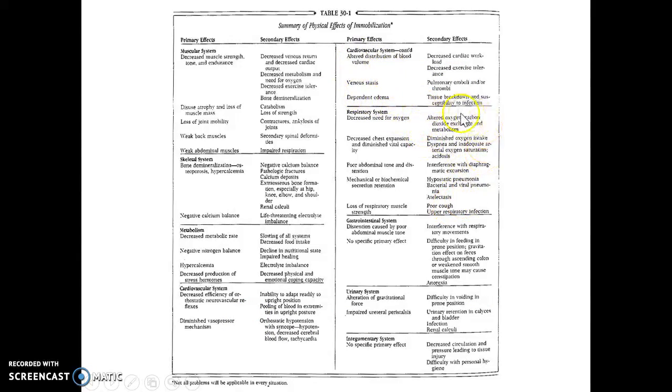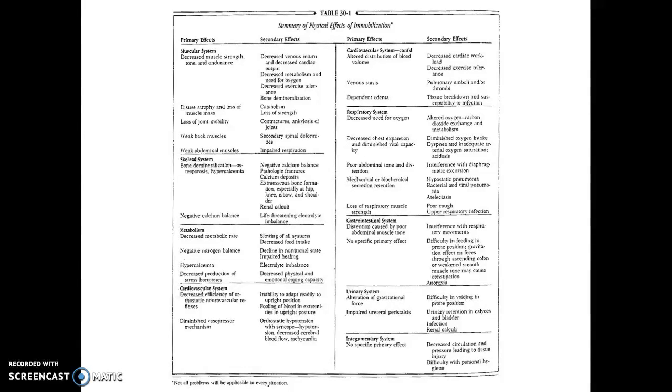We didn't really say, but it's also going to affect our respiratory system. You're not going to breathe as deeply because you're not upright, right? You're laying flat. You don't have gravity working for you as the diaphragm moves. So you're going to have more shallow breaths, which make you prone to developing pneumonia or atelectasis. The weakened muscles also mean you're not going to breathe as effectively nor cough as effectively. So again, atelectasis and pneumonia.